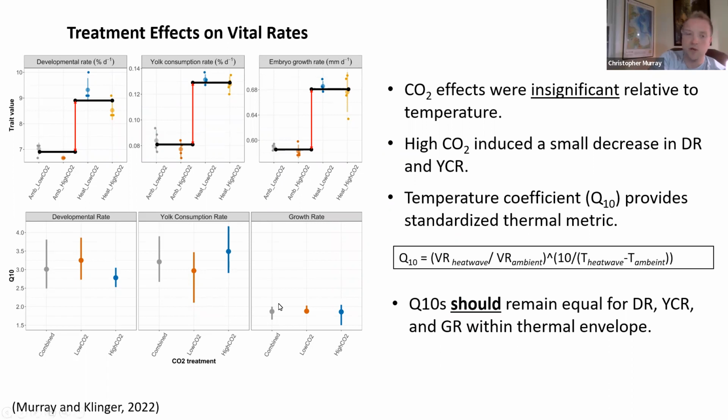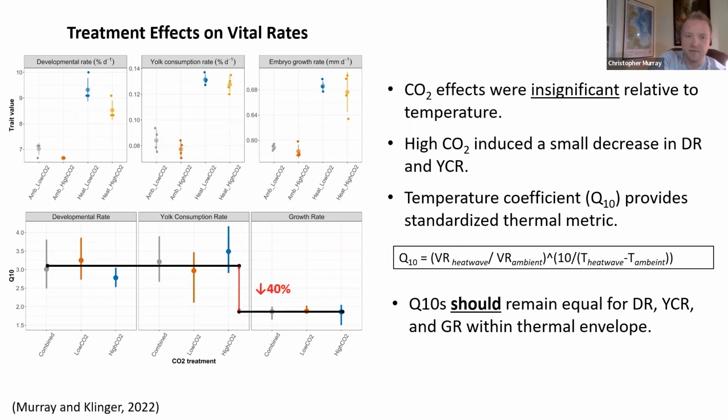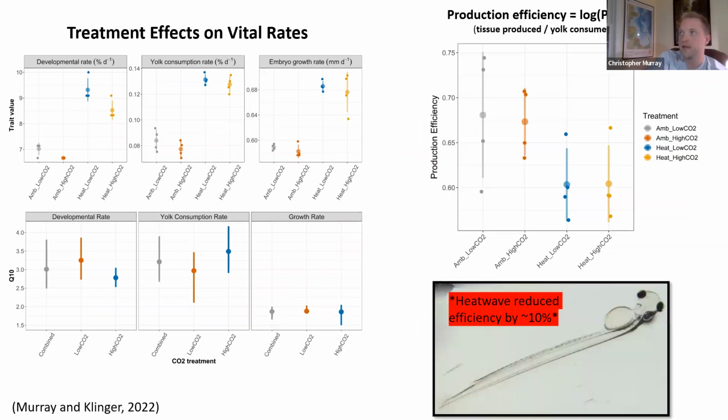However, growth rate showed a much lower Q10 of only about 1.8. So there was this disequilibrium between the three key rates I measured: development, yolk, and growth. The literature suggests that all these three should respond in unison. What I found is that growth rate had a much lower Q10. And what that means is that the production efficiency of these embryos dramatically fell when they were exposed to a